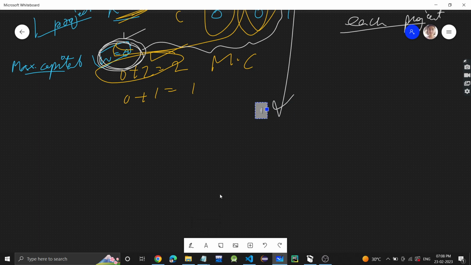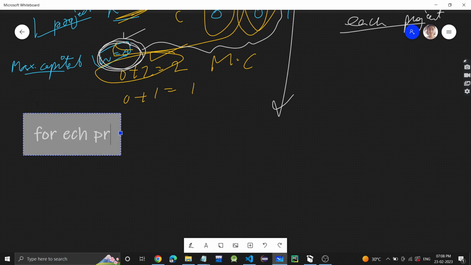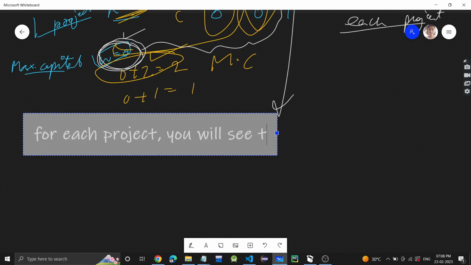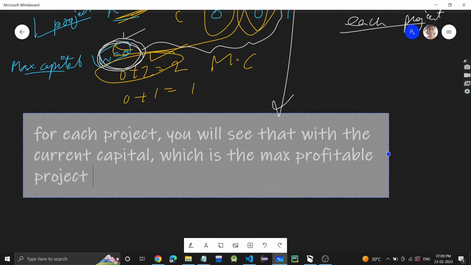It's very important to understand this, guys: for each project, you will see, with the current capital, which is the maximum profitable project you can take, and that project you will choose